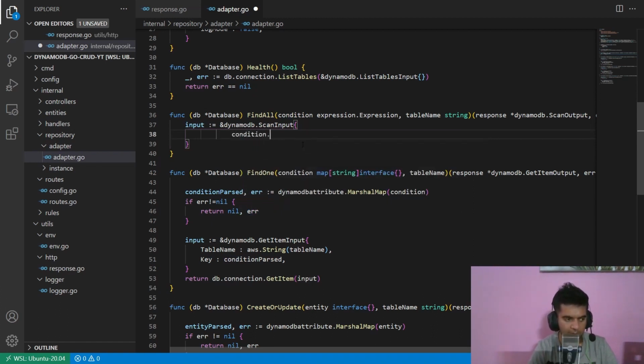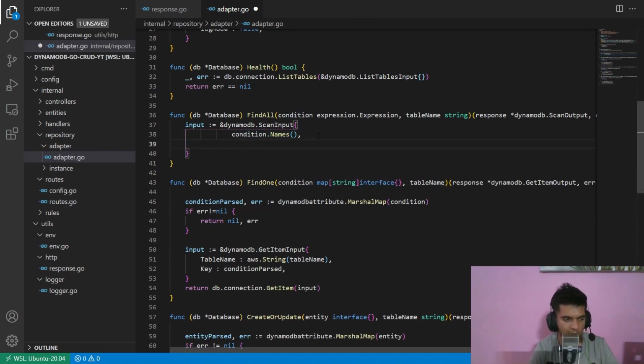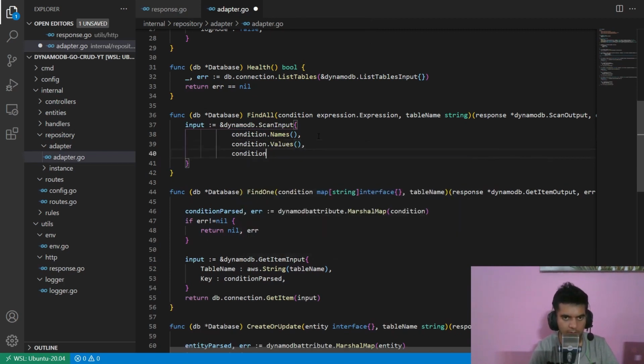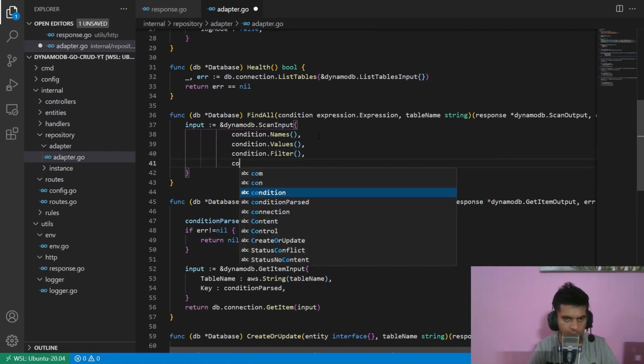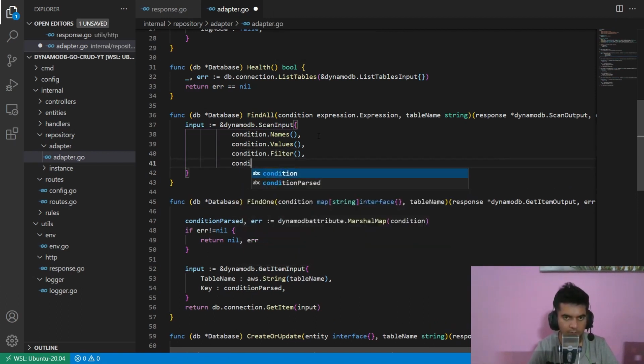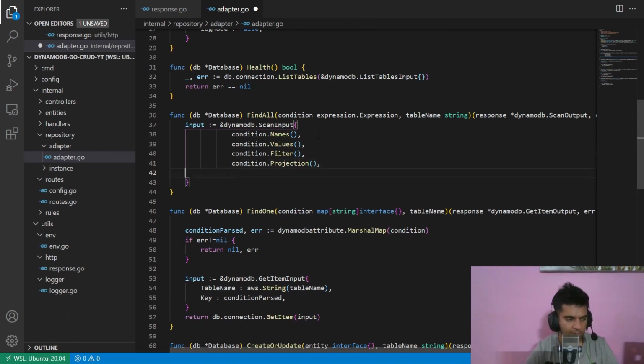So we'll send some condition. We'll send some names in the condition. So that's what we are looking for. We're looking for some values in the condition that is being sent to this function. There will be some filters as well, and there could be some projections. So we'll say projection. And then there will obviously be table name,